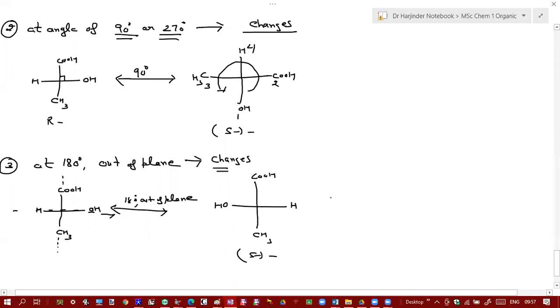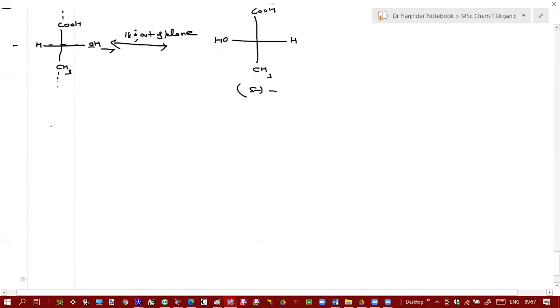So now let us see what will happen if we interchange ligands about a chiral carbon. The interchange may be an even number of interchanges, or an odd number of interchanges. Suppose you do an even number of interchanges, and these interchanges take place in plane. There is no possibility of out of plane.